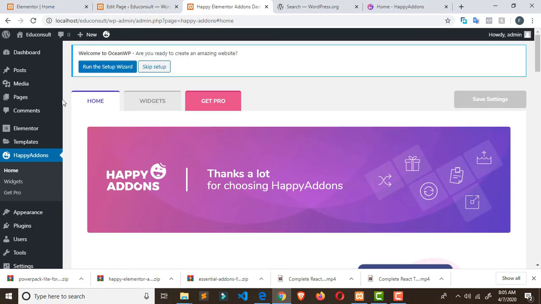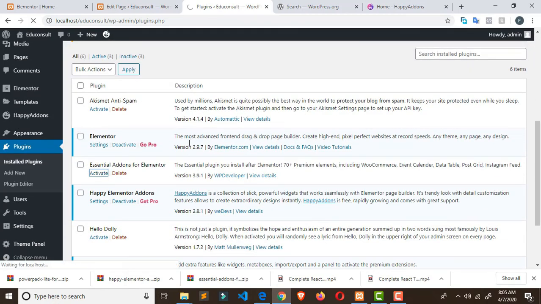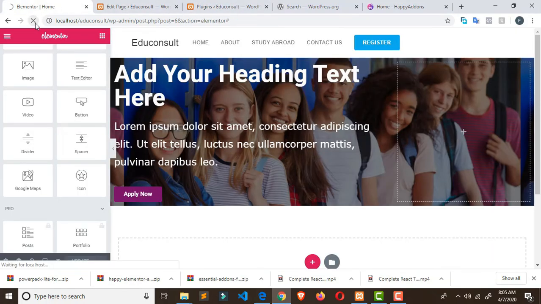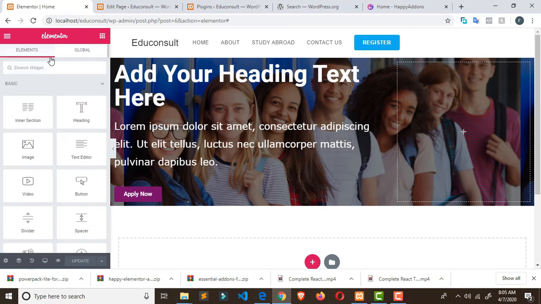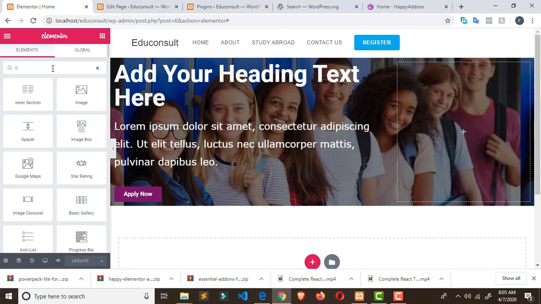Let's go back to plugins again, installed plugins. We want to activate Essential add-ons. By the time you activate those two, it will give us the chance of doing a whole lot of work. It's loading. All right, by the time you do that, let's go back to basic. Here you now have, if I type essential add-on,